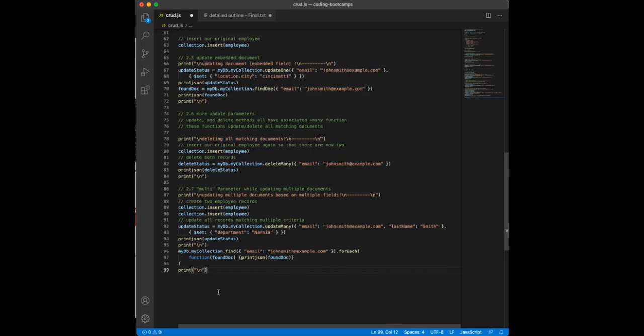This time we want to build on our last example of modifying or deleting many documents. In this case, we're going to be updating several documents. Since we already have deleted all of our employee records at this point, we're going to insert 2 new ones. And we're going to print updating multiple documents